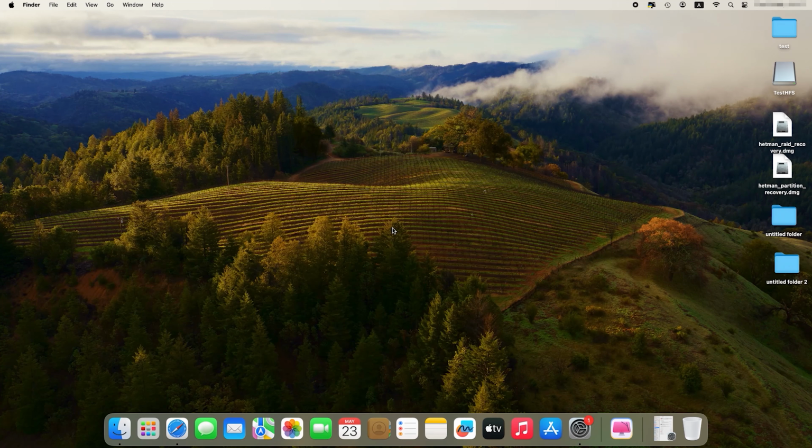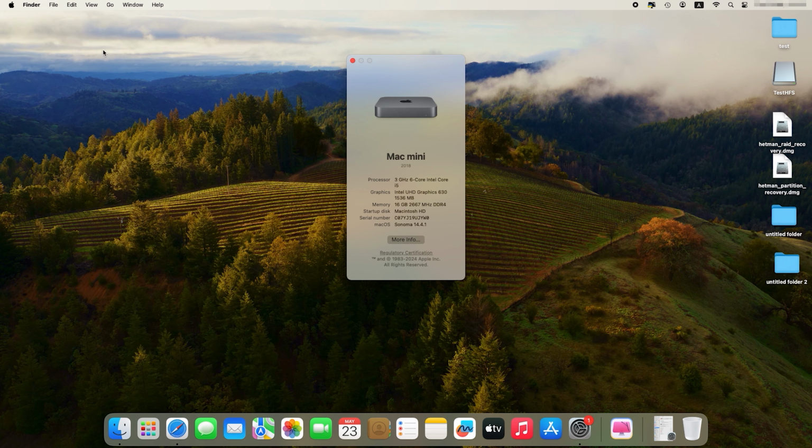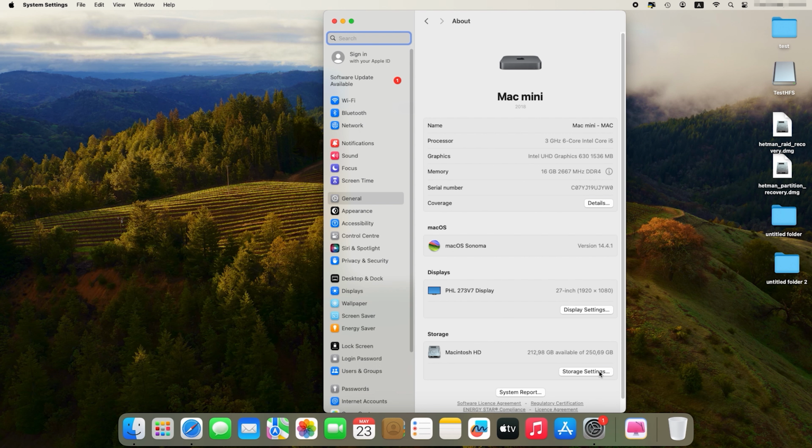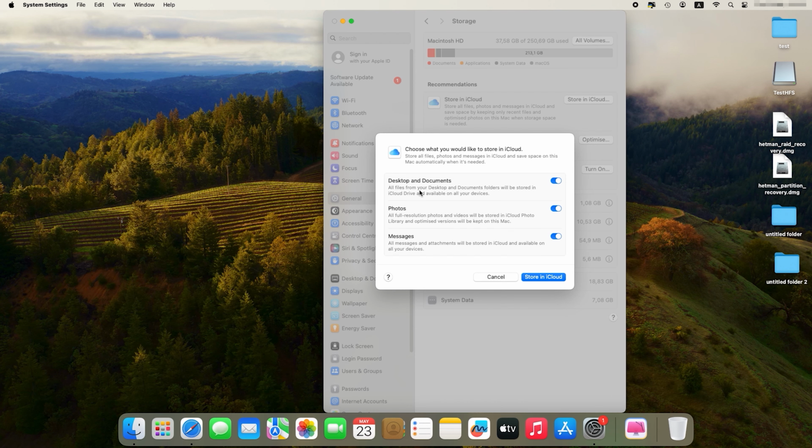When unnecessary system files are gone, it's time to deal with media files. Users often keep various photos and videos on their Mac, which quickly fills the disk to the brim and creates a disk space problem. In this case, the best way out is to store them in iCloud or on an external drive. To move your photos to iCloud, open the main Apple menu, About this Mac, More info,